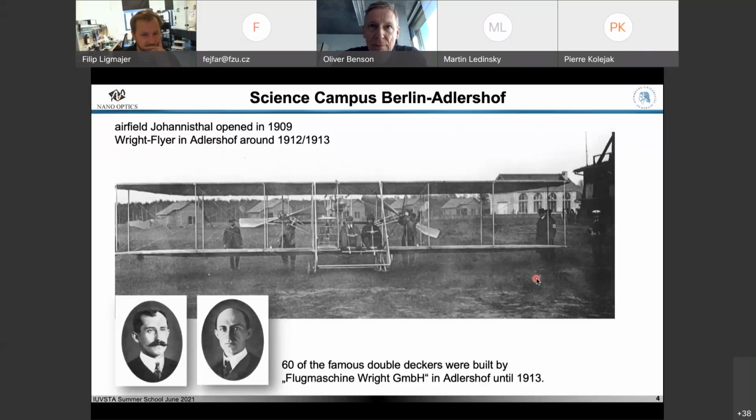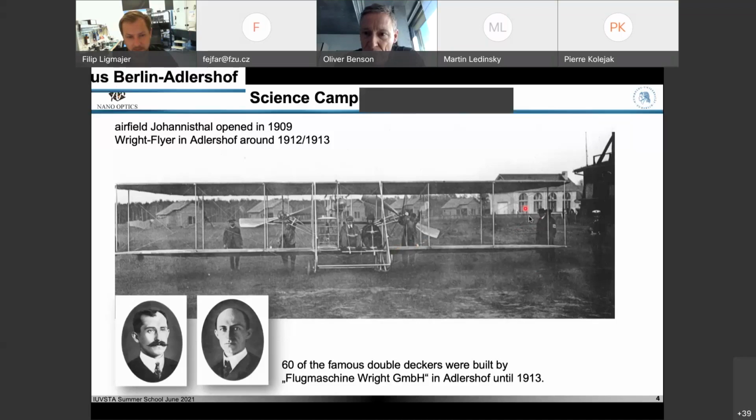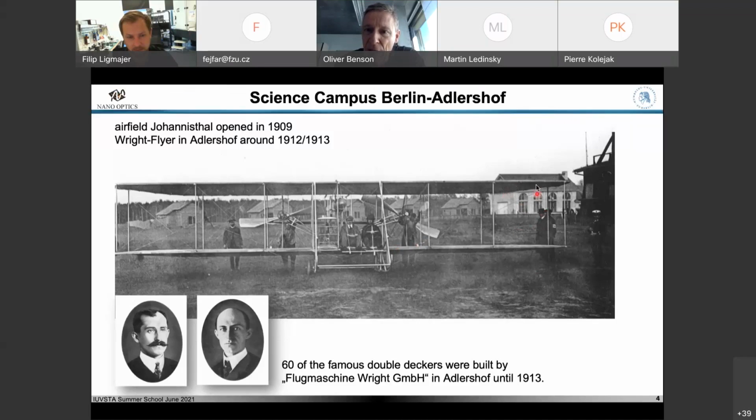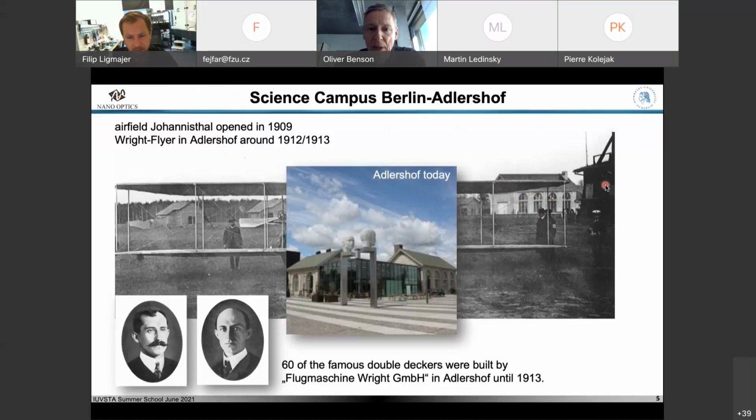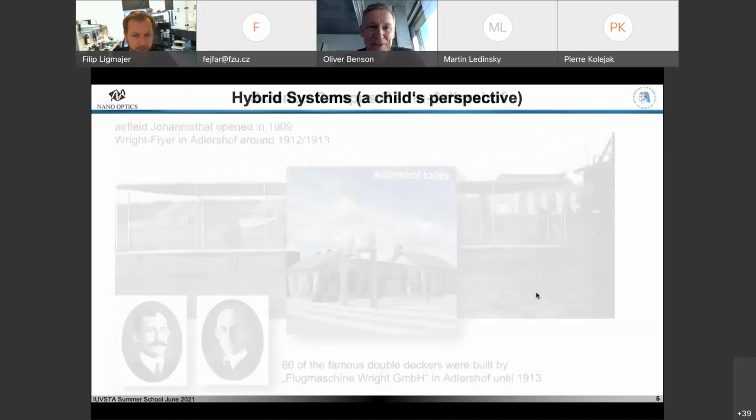Then they had some administrative issues, and they decided to move back completely to the States, where they continued building their airplanes. And you see a photo of the two of them, and maybe have a look at this building here. This is a kind of workshop building. Some of these historic buildings, we still have them today. And this is an image of today, so maybe you recognize this building here. It's now a coffee shop on our campus, so it's a site with a nice history as well. And of course, if you're there, I would like to tell you a little bit more about this.